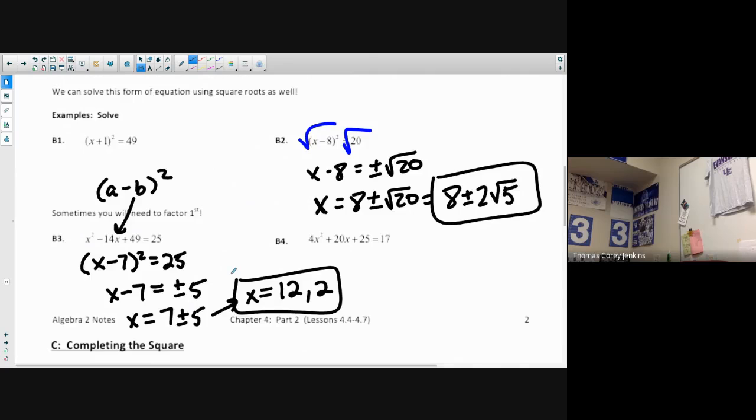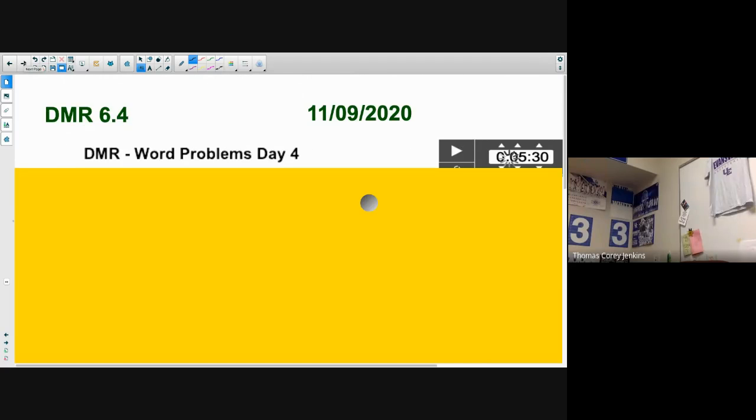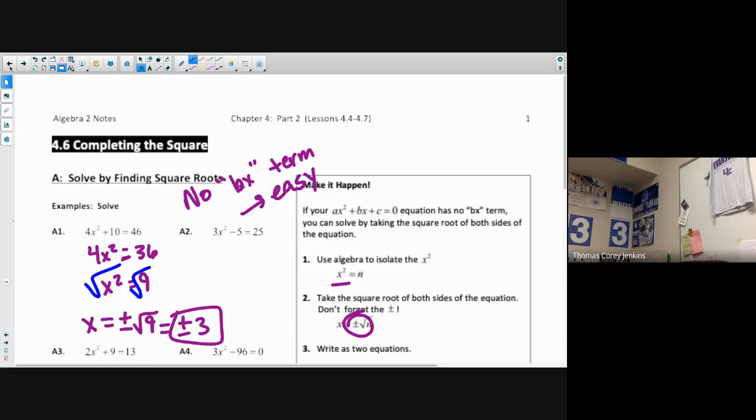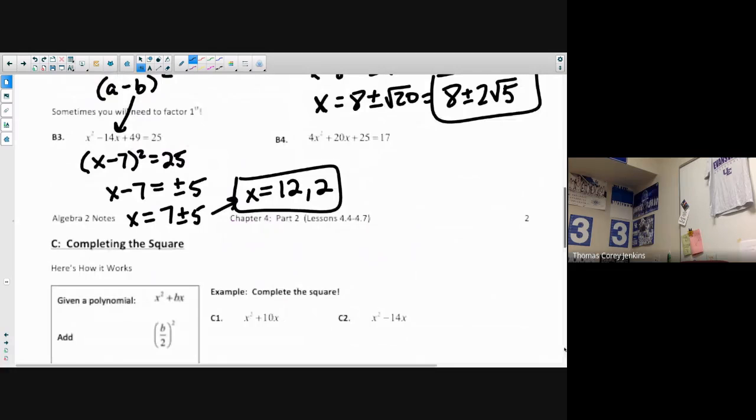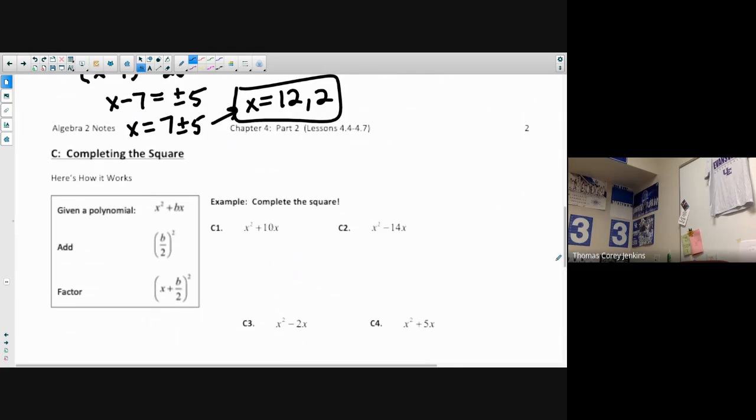All right, I'll let you look at B4. Okay, it's got more of a complicated kind of answer. All right, so I suggest you look that up in the notes. But I do want to spend most of the time on this video looking at not Algebra 1's DMR, but what your kind of test questions might look like. So I'm going to scroll down to example C, where we kind of complete the square, and then we'll go all the way through an example,